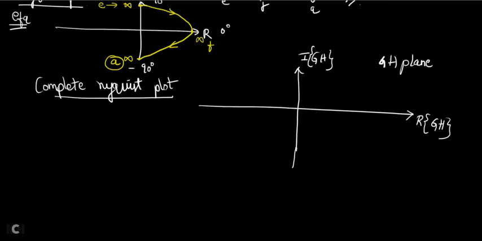Now I have to draw all my diagrams. How was your A to B Nyquist plot? A to B Nyquist plot was starting from this A point. Okay, this is infinity, and from here to this is your B point. Okay, so it was like this. Okay, now how to take your mirror image? For mirror image, I have to extend my vertical axis. Let me extend my vertical axis.